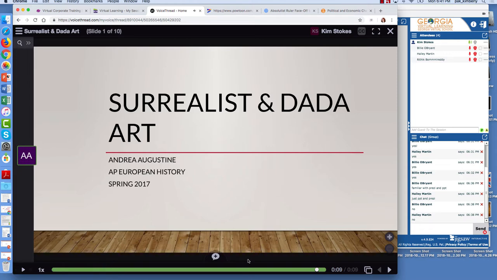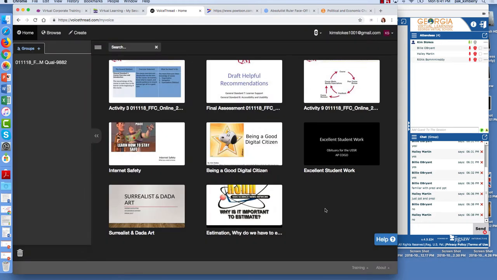So you have the ability down here to record. It's super easy. They have doodle tools that you can write on the slides with. So it's kind of a fun little tool. It's not that difficult to learn and understand. You can also add video to these voice threads. So if you're looking for something to use and maybe want to do something a little bit different, something that's not really hard to learn, give VoiceThread a try.